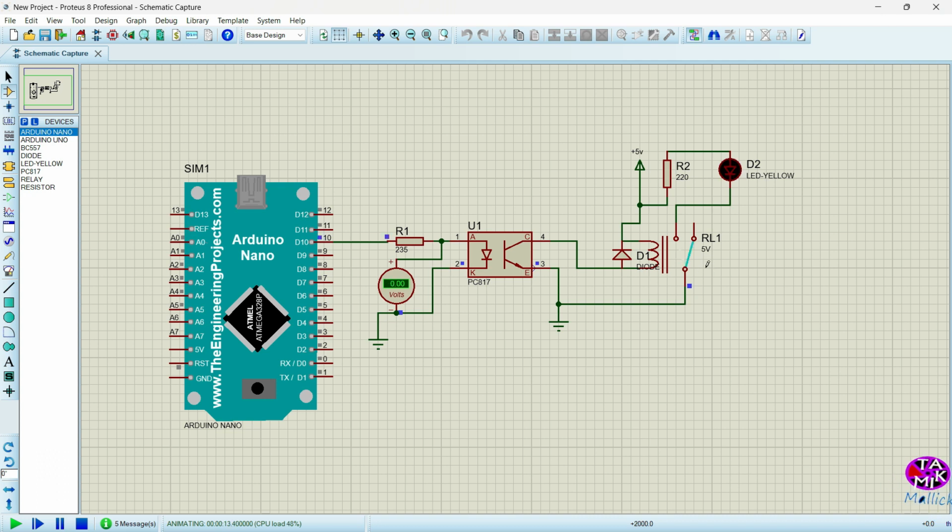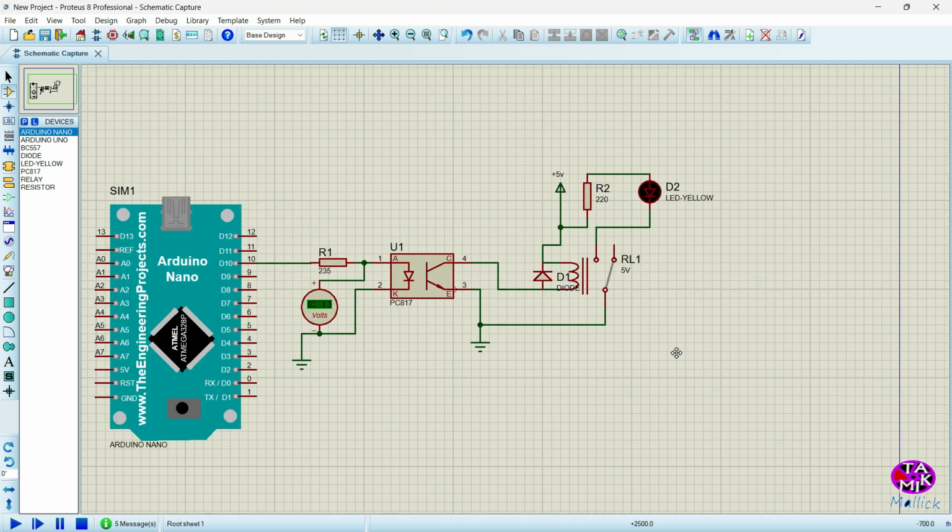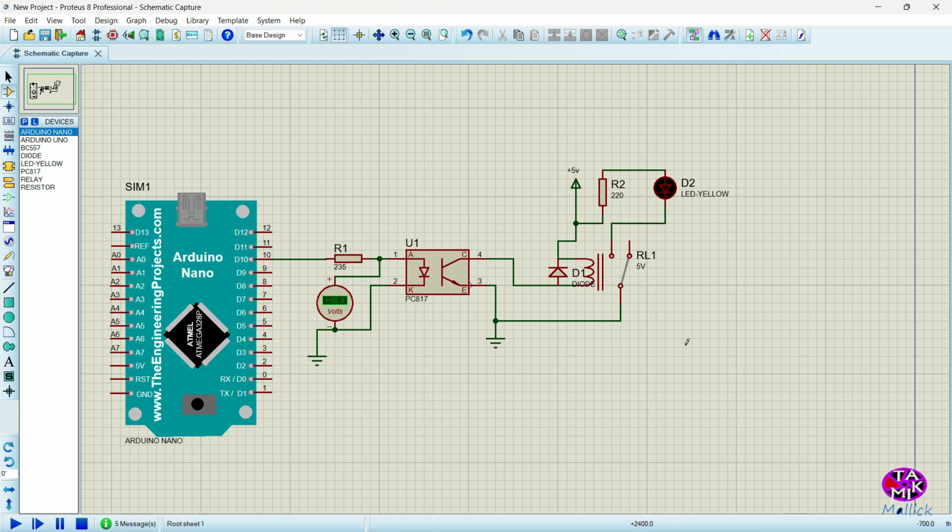You can use a heavy output through this relay. One thing we have missed here is that we should use a transistor before the relay, as the opto-coupler's output current is very low. So we can use a transistor here. As output we get negative volt, so we have to use a PNP transistor here, and here I'd like to use